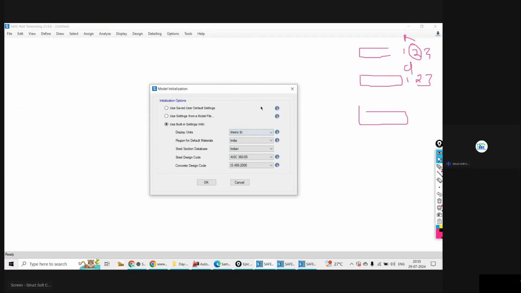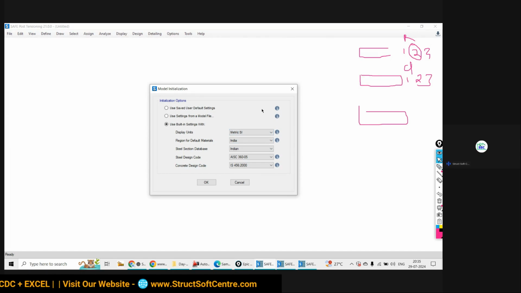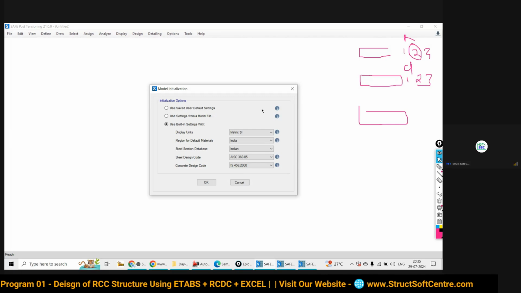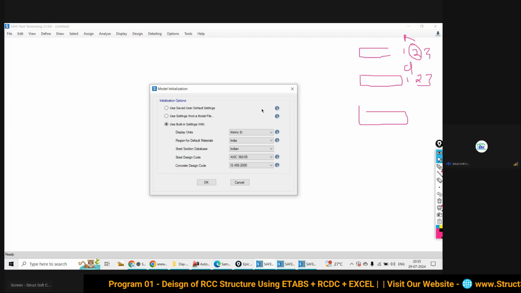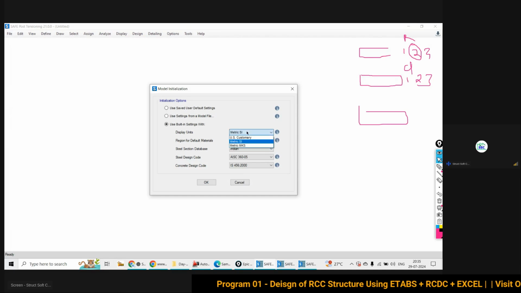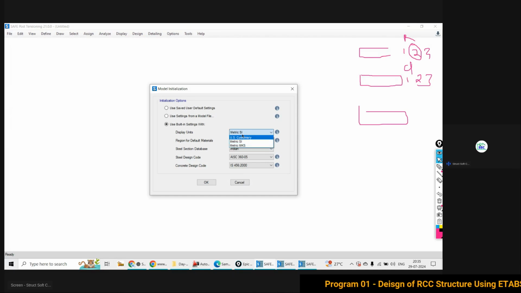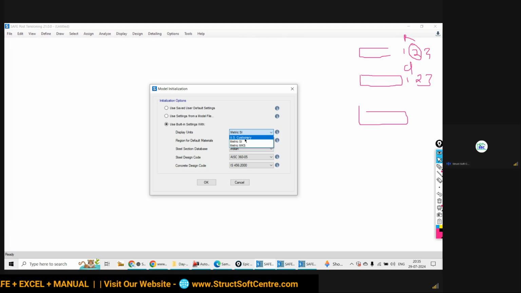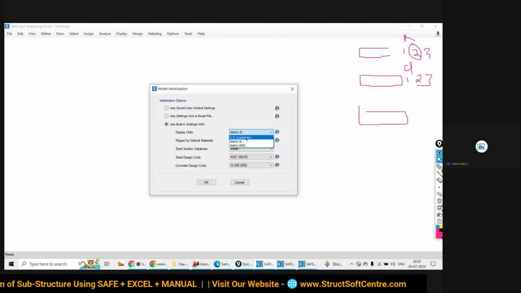If suppose you would like to work with force in kilonewton unit and distances in meter, millimeter, okay, so you have to proceed with the metric SI. But if you would like to work with feet and inches, if your architecture plan or your geometry or your distance definitions are in feet and inches, you have to go with the US customary option, right?